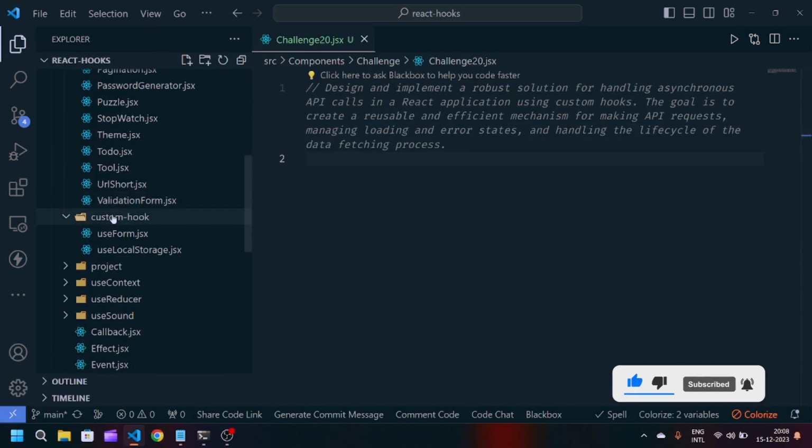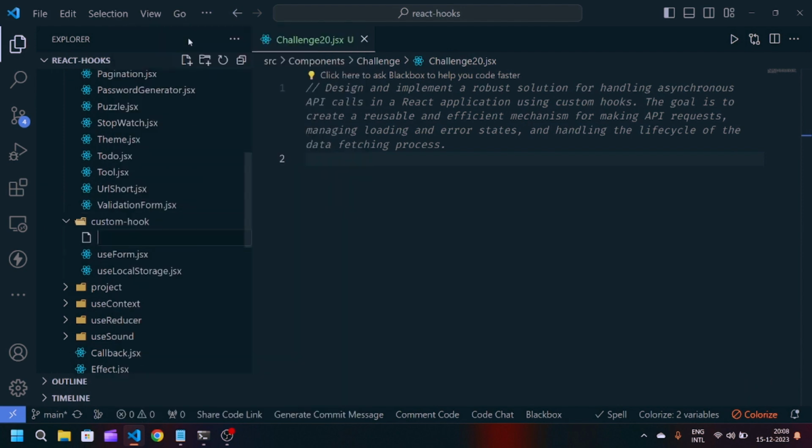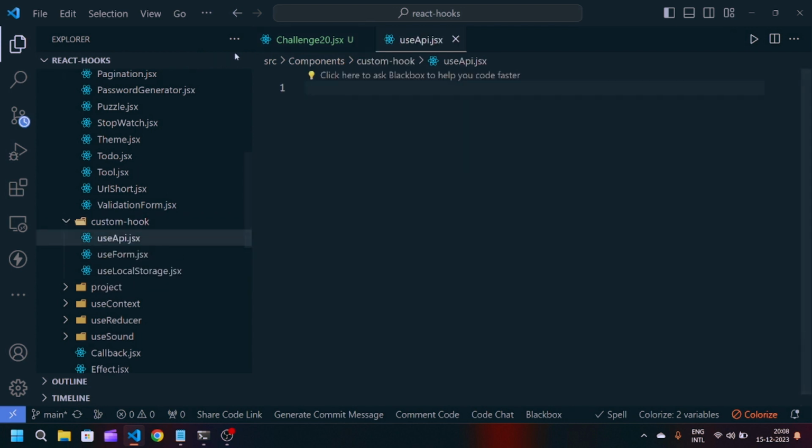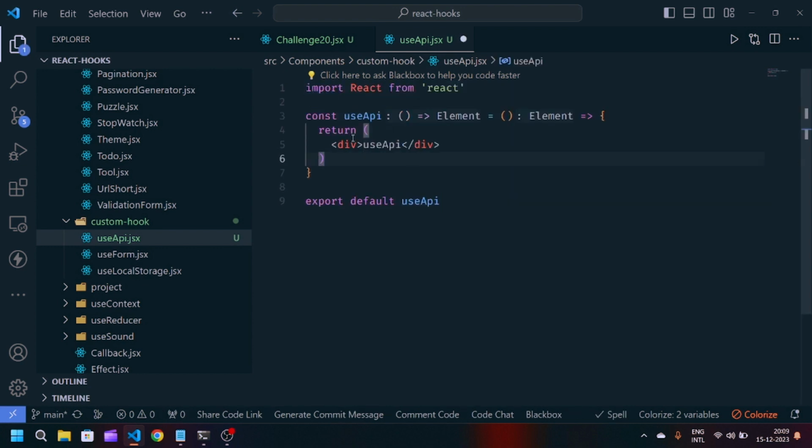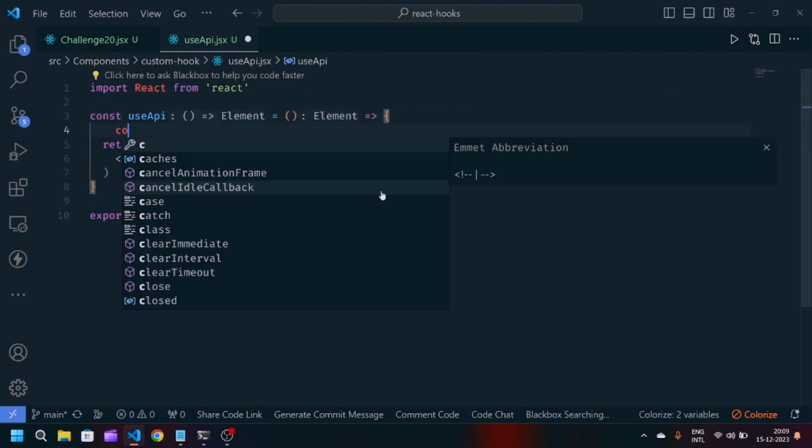So let's get started. I will create a custom hook with the help of the use keyword, and I will write useApi.jsx. So you can use this logic anywhere in the hierarchy of the component tree. I will create one React arrow functional component export, and here